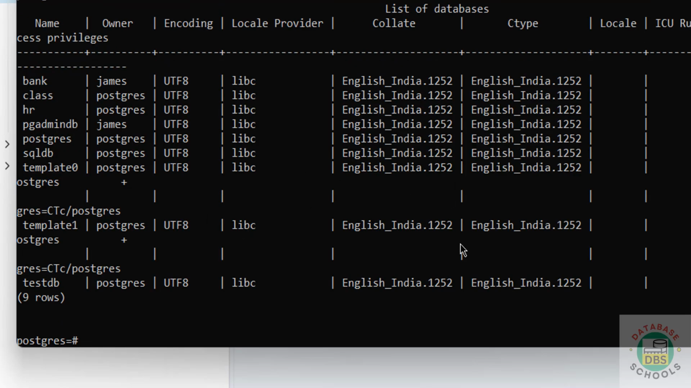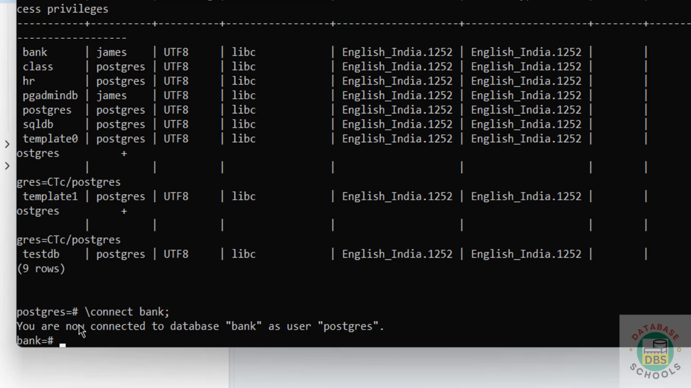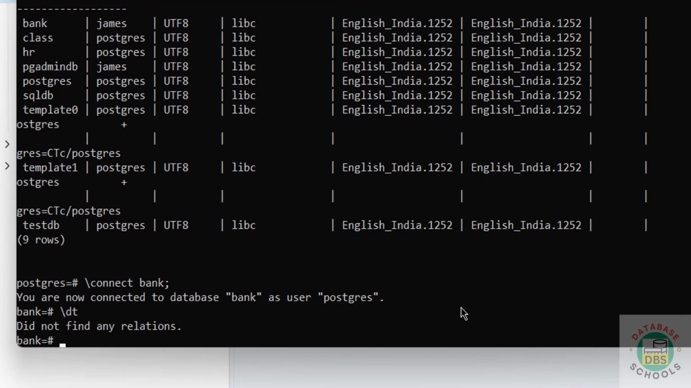If you want to switch to this new database, that is bank, give \c or \connect, both are the same, then give the database name, put a semicolon. See, you are now connected to the database bank as user Postgres. If you want to create a table in this database, first verify the list of tables with \dt. See, this is a fresh database, so we don't have any tables, so we can create tables like create table